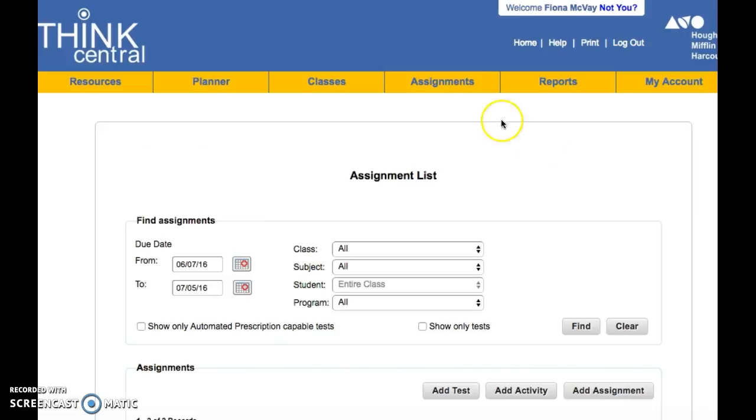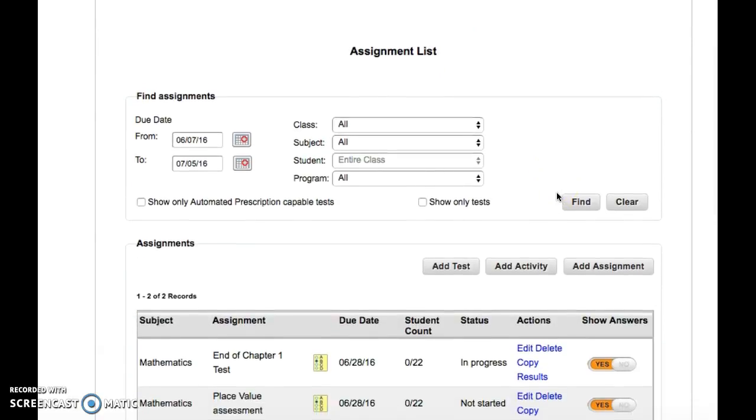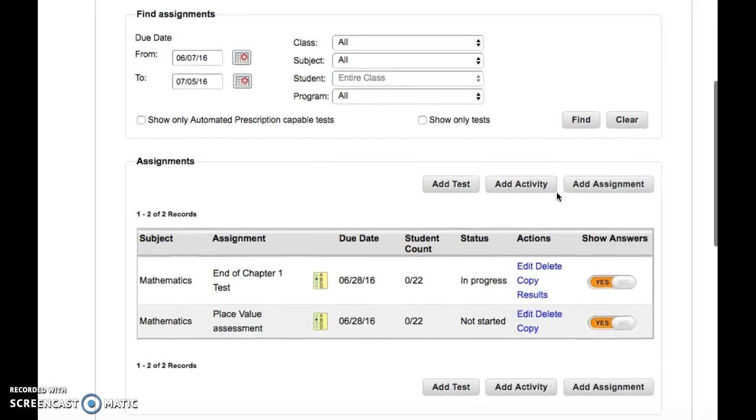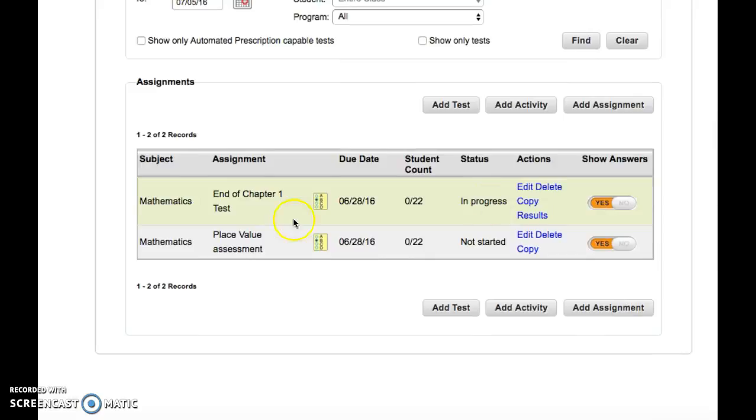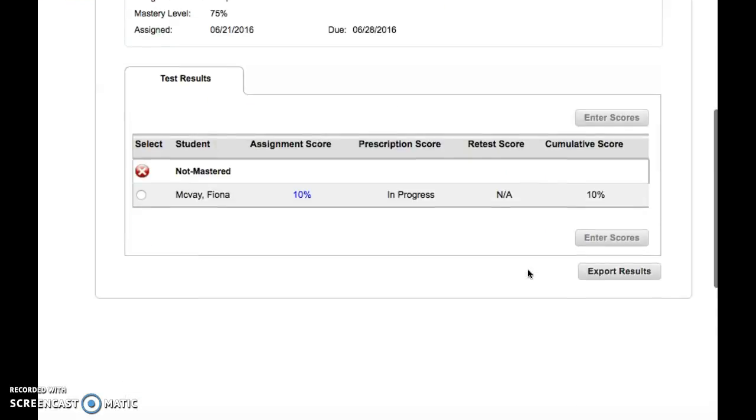So how can I find out if it actually happened? Here's my assignment list. I now have 2 assignments there. Okay. I have my end of chapter 1 test and my place value assessment, which are actually the same thing. Yes. But I just want to show you, here's one I prepared earlier. So for this one, I have the results of my, I did it. I didn't do very well. I only got 10%, but I did try my best, which is all that I asked. Okay. So if I click on here,